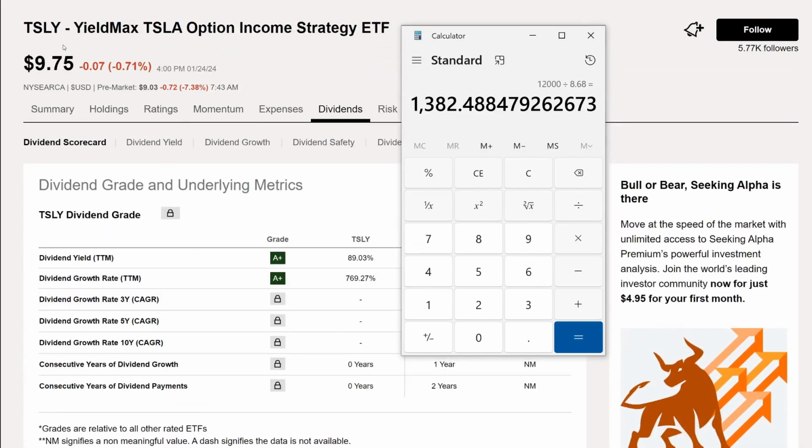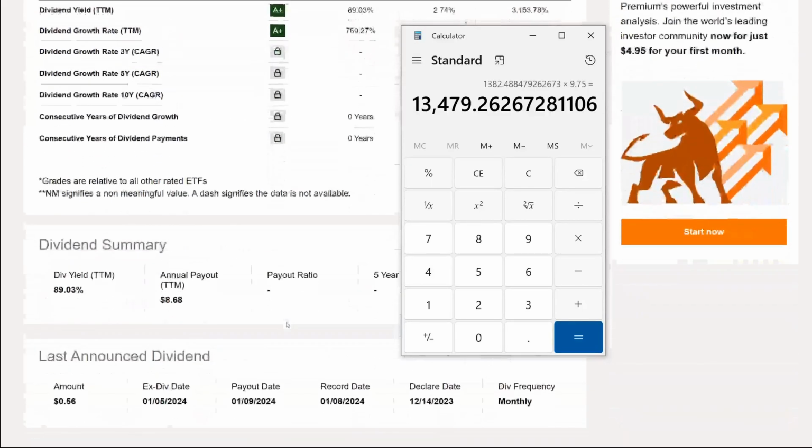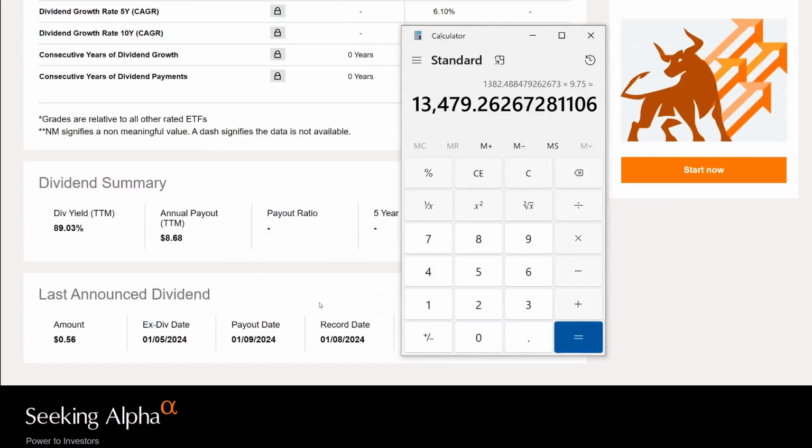Now if you multiply it times the current share price, which is $9.75, this would give you the total amount of money you'd have to invest at this share price, and you'd be making $1,000 a month. Of course, assuming that their dividend is sustainable. That's a very high dividend yield, but you'd have to invest $13,479, and you'd be roughly earning about $1,000 a month,